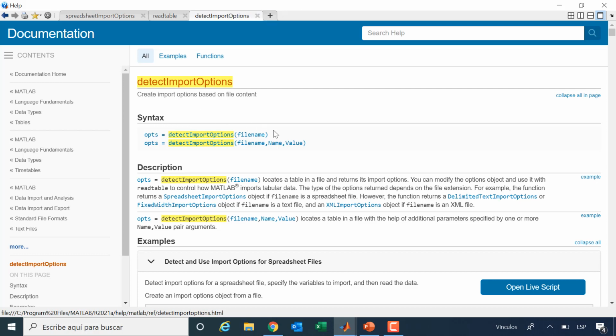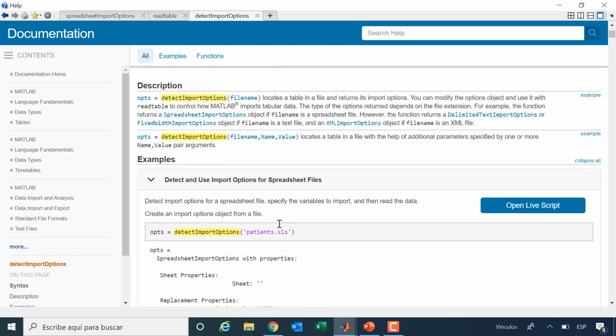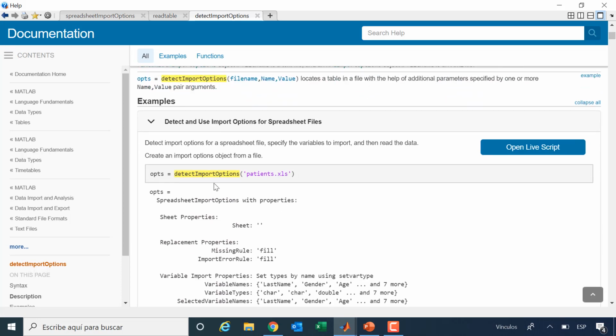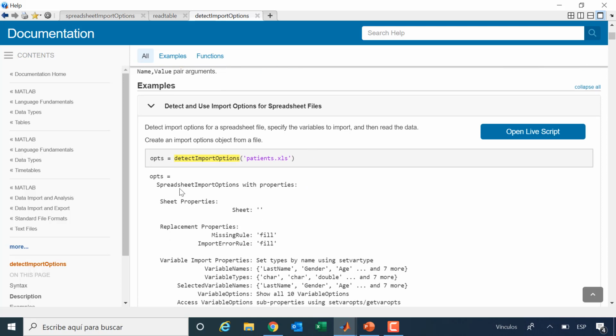So I can call this function and provide the different options. As you can see in this example, when MATLAB detects that the input is an Excel file, automatically you see here it says a spreadsheet import option. So it realizes the type of the file and it goes and deals with it as a spreadsheet import options.